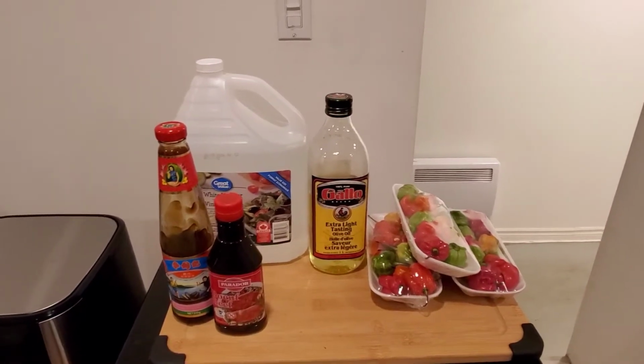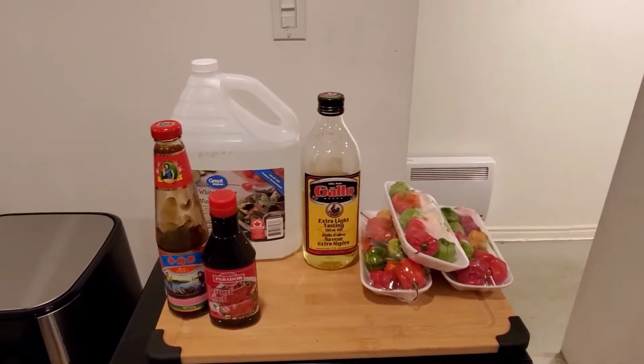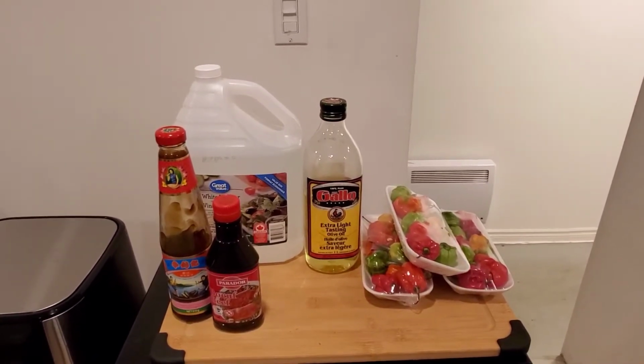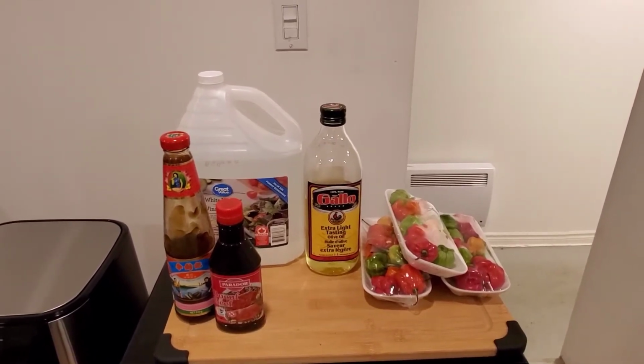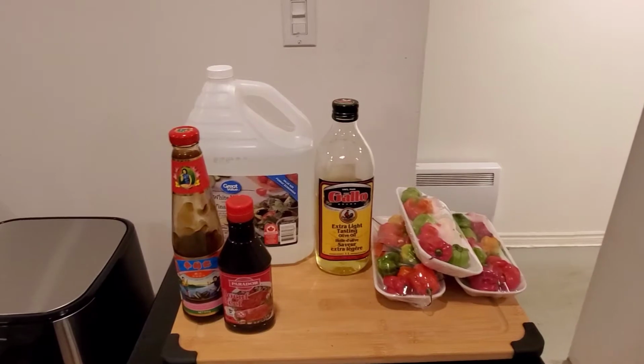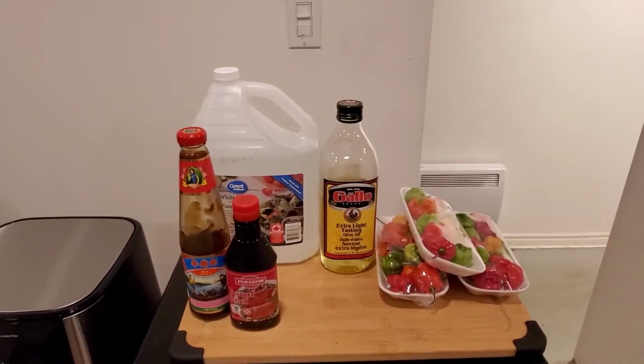So it's pretty simple. Not only can you use that as a dipping sauce, but you can also use that kind of hot sauce to coat your meat, your fish, chicken with that hot sauce. That's why I have